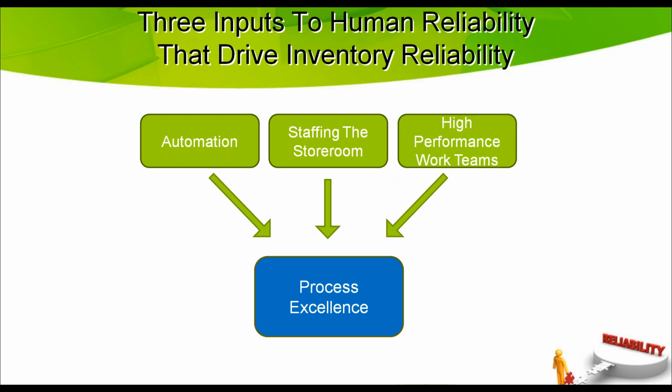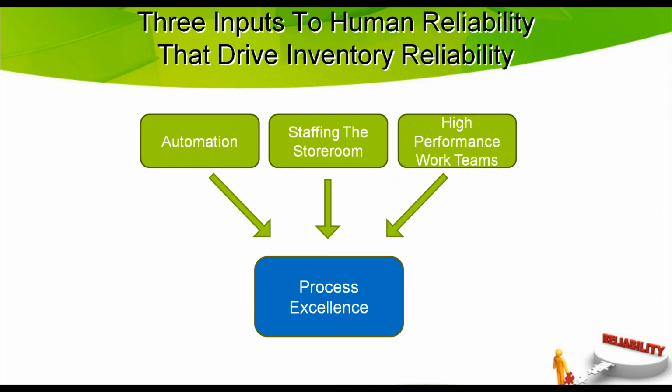One thing I want to point out is that these three elements, automation, staffing, and high-performance work team, in my view are not equal in value or mutually exclusive. Some companies may employ one or two, and some even all three, to achieve inventory process excellence. But the distinction is that you may choose automation or to staff your storeroom, but without a high-performance work team in place, we all know that